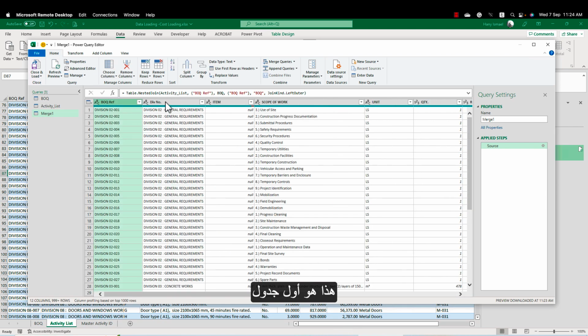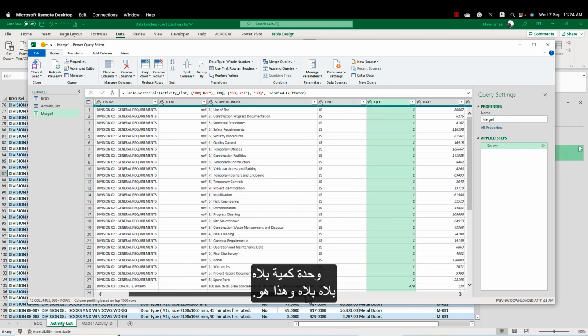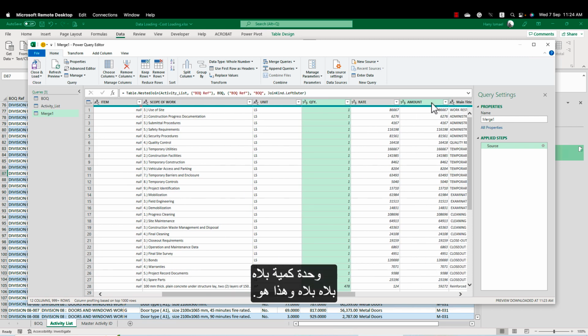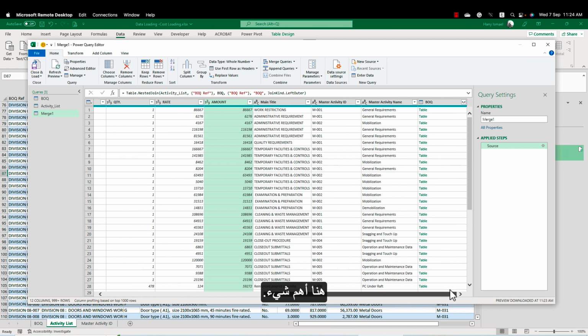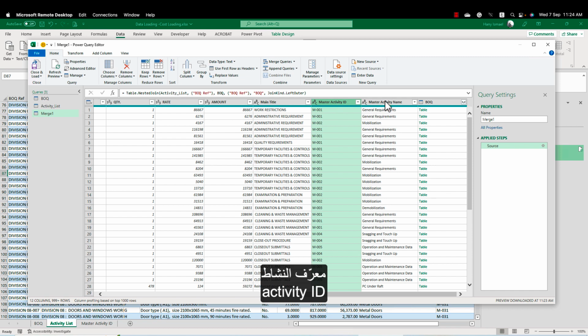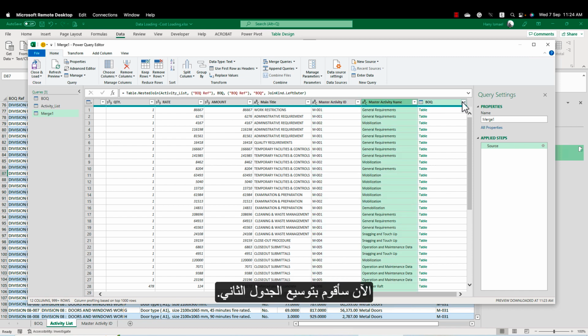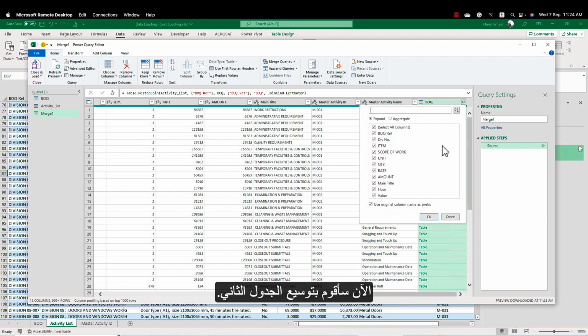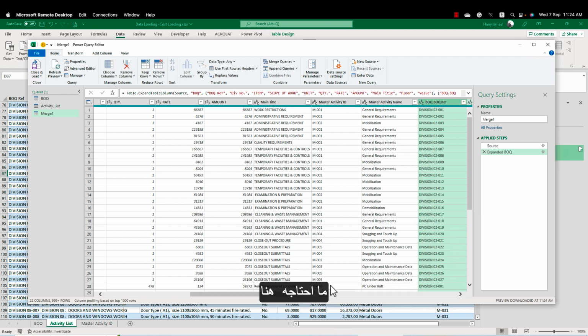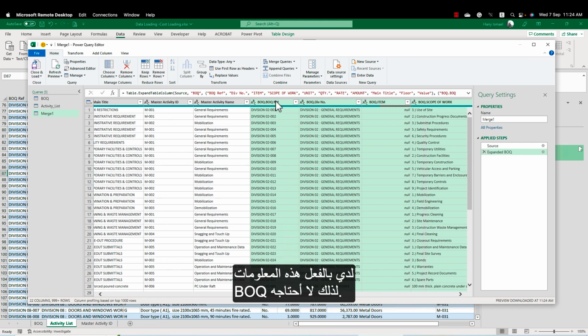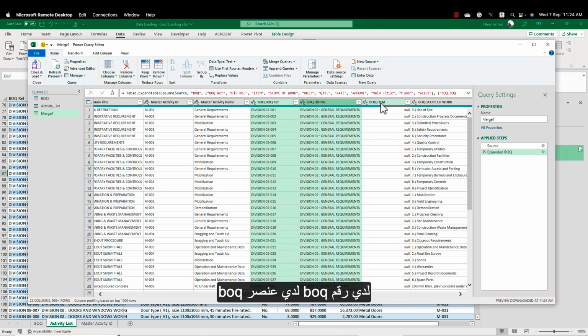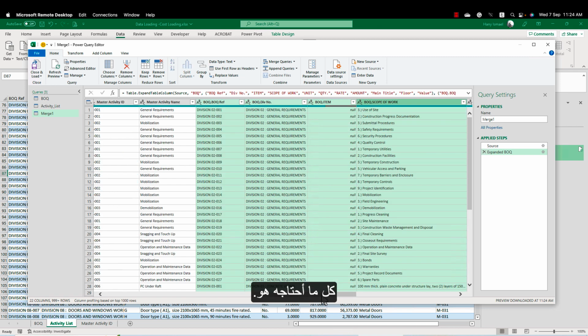This is my first table, my first query, unit quantity and so on, and here is the most important thing, the master activity ID. Now I'm going to expand the second table. What I need from here, I have the BOQ reference already, so I don't need it. I have BOQ number, I have BOQ item, I have all of this. All I need is